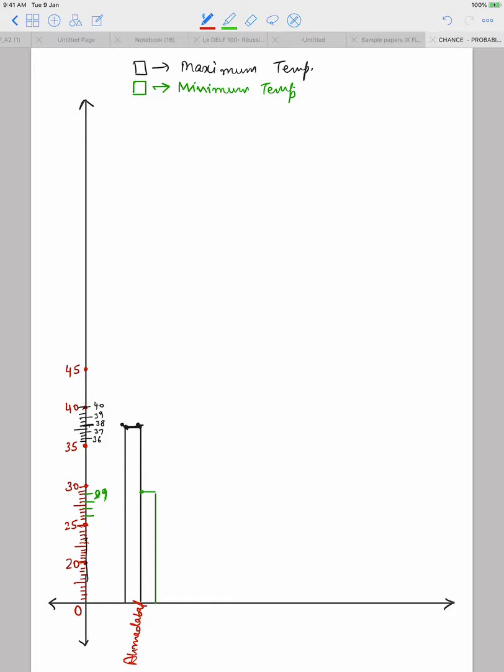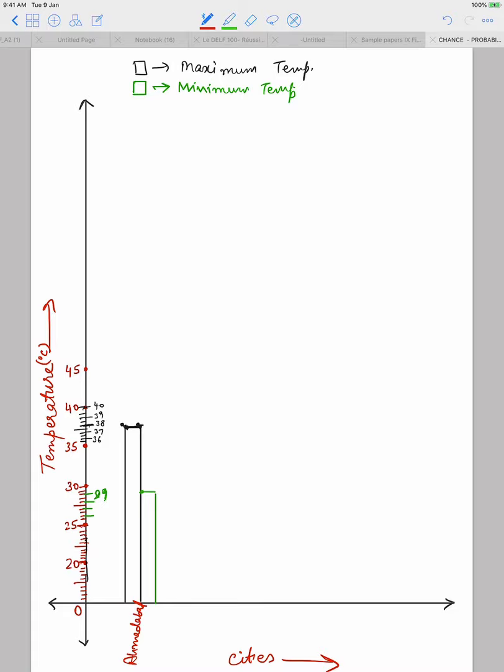Okay, one more thing I forgot to write here. On the vertical axis we are representing the temperatures, whether it is maximum or minimum, but we are representing the temperature in degrees Celsius. And here I am representing the cities. So I will write here cities on this direction. Okay. Now next is your Amritsar.